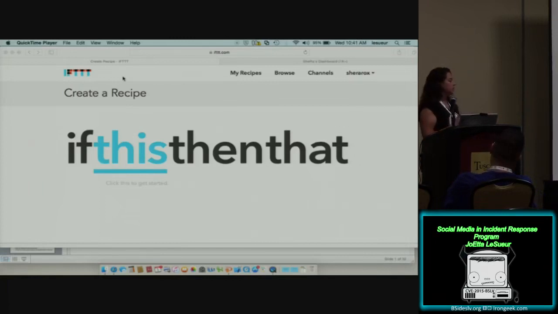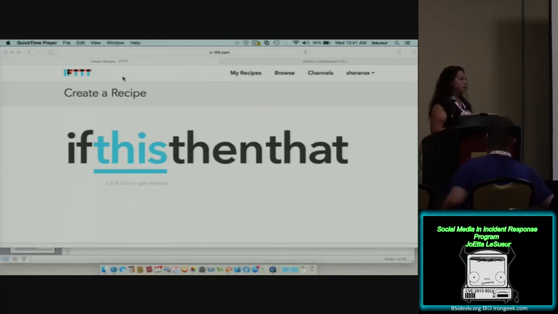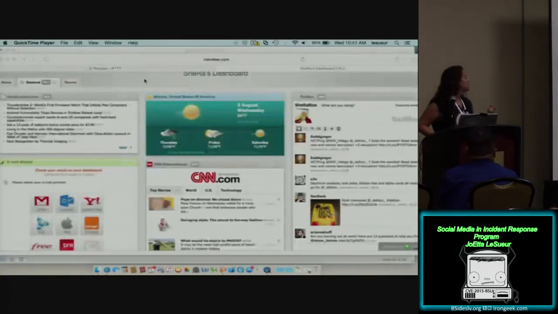So an example of how you would use this in an incident response, right? You might want to be following your Twitter account for activity of confidential information getting sent out without your knowledge, like Hacking Team, for example. Then it could send you an email and alert you right away. So let's say we wanted to, again, take this up a notch and look at several social media applications that you could see if this can work.